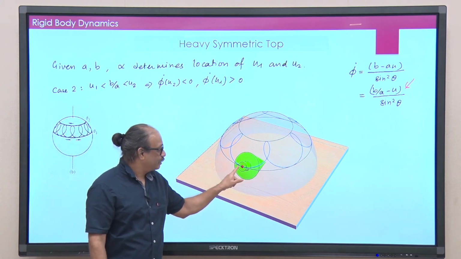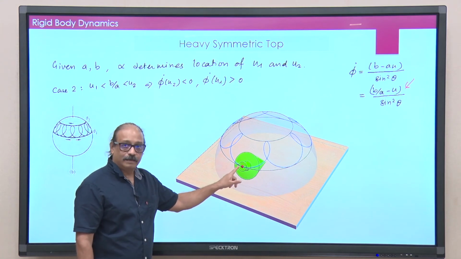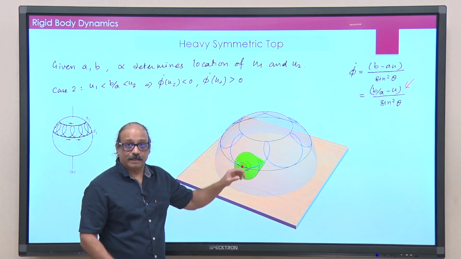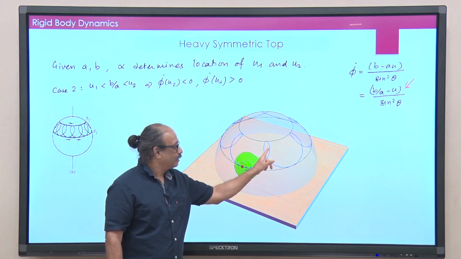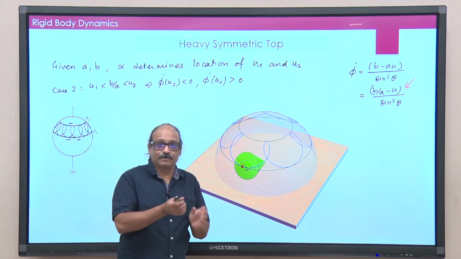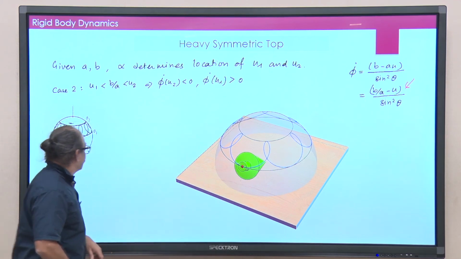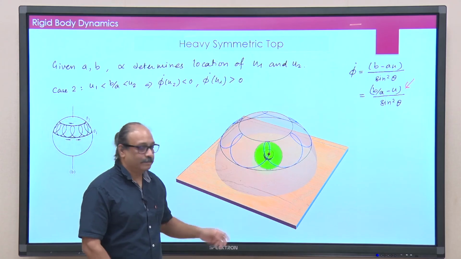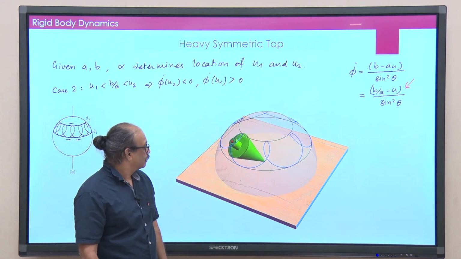So, while the top comes down here, I will show you the motion. While the top comes down here, the motion is downwards, it has a turning point in theta, but after that it is going to go up, and the phi dot also changes. Phi dot becomes 0 somewhere here, and then by the time it reaches theta 2, the top is going in the clockwise direction rather than anti-clockwise direction. So, this motion would look like this. The top goes at the bottom point in one direction, at the top point it will go in another direction. Okay.